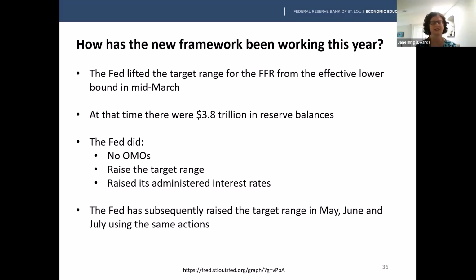It didn't do any open market operations. It raised the target range for the federal funds rate, and then it raised its administered interest rates. Okay, so it raised rates in March, it then raised rates again in May, June, and July. Okay, never using open market operations. Okay, and if you look at the next slide,